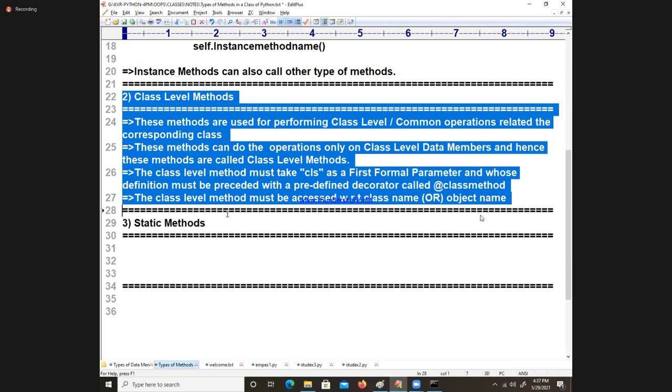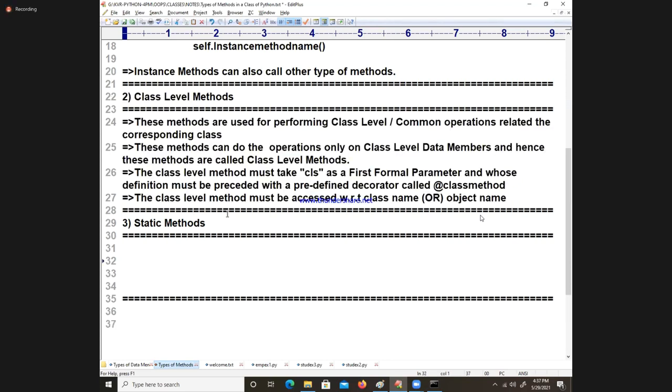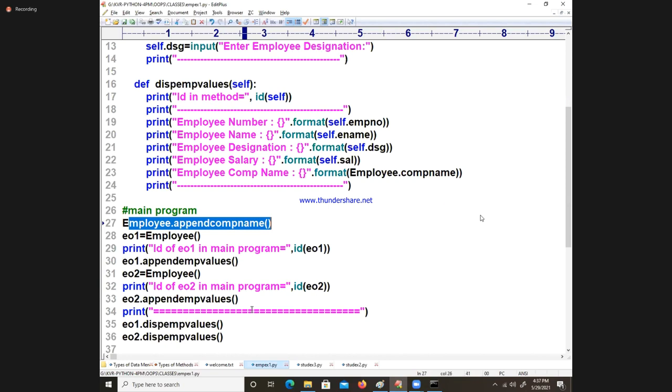Now we are going for the next one, I am going to introduce the static method. Come on, let us go to the static method. So, tell me, what is the static method I want to do? One static method I want to take. See, the student or employee or whatever, EO1, EO2, so many employees are there.